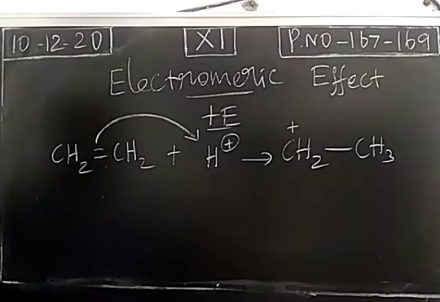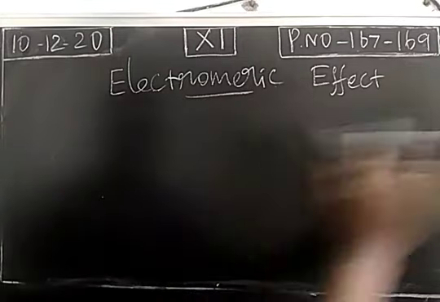This movement of an electron or a displacement of an electron is called electromeric effect. In the presence of an electrophile, the pi electrons are moving towards the electrophile. This is called plus electromeric effect. The definition of plus E effect is that the pi electron is transferred towards the attacking reagent. Electron movements will be considered here. The pi electrons are moving towards the attacking species, an electrophile, and this effect is called plus electromeric effect. And one more type, minus E effect, negative electromeric effect.